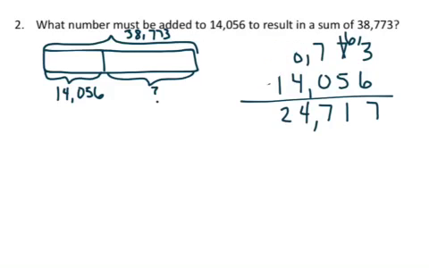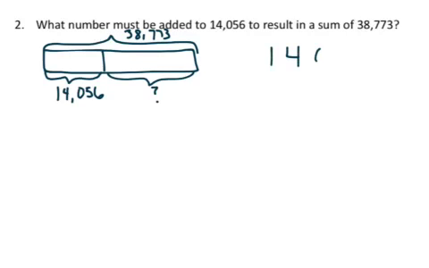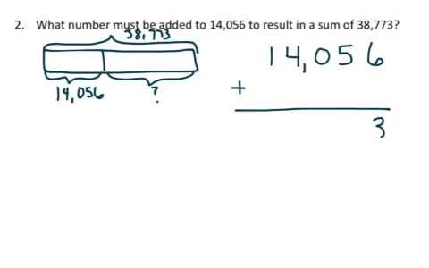So I'm going to go ahead. The standard subtraction algorithm is wonderful, but this was one of the students showed me how they did that because they were struggling with the subtraction. So they took 14,056. They added a number that they didn't know, but they knew that the result was going to be